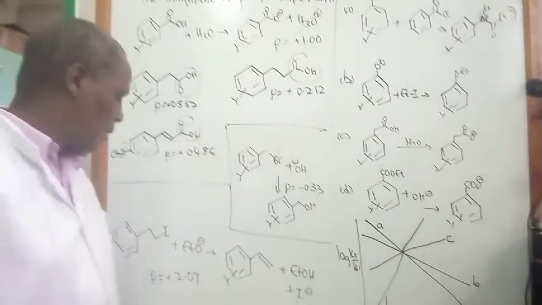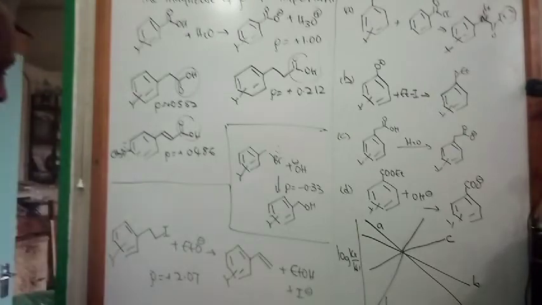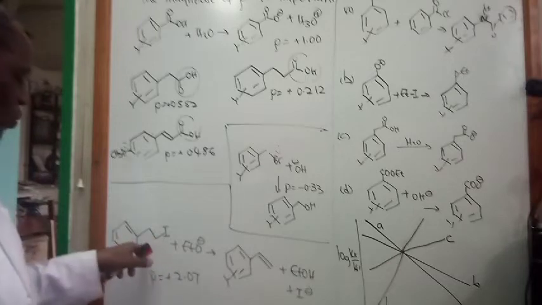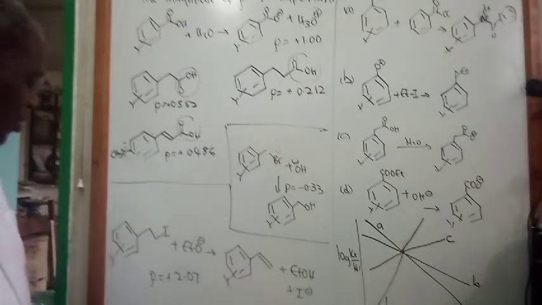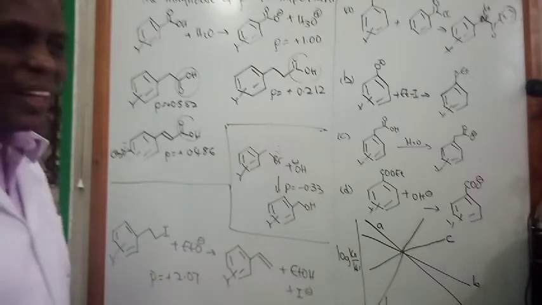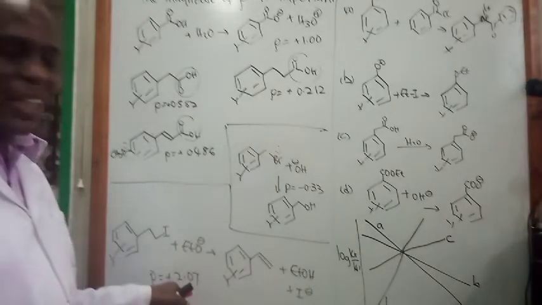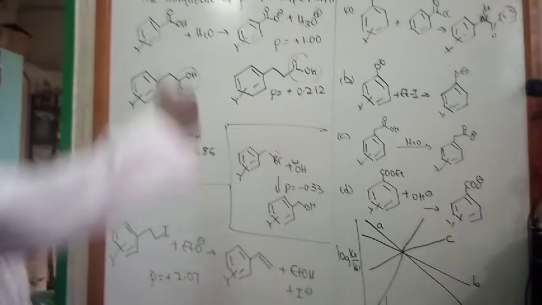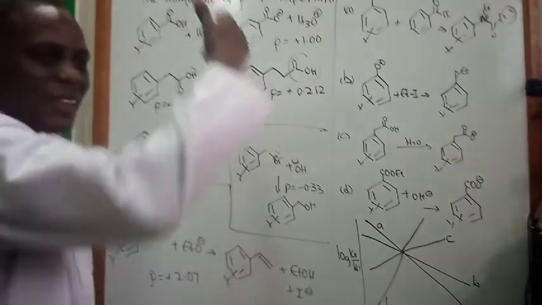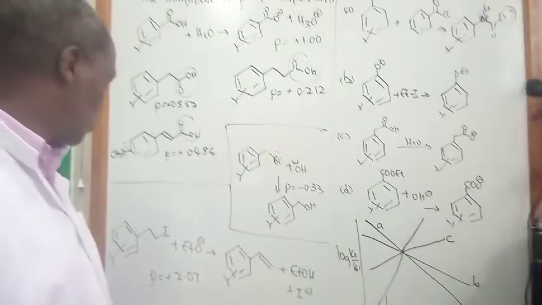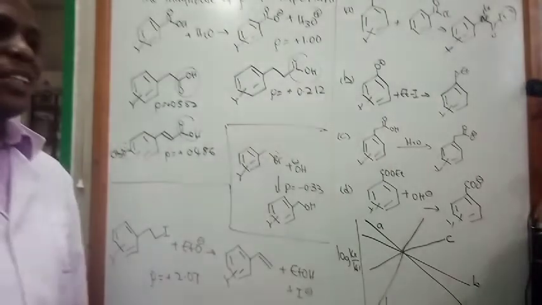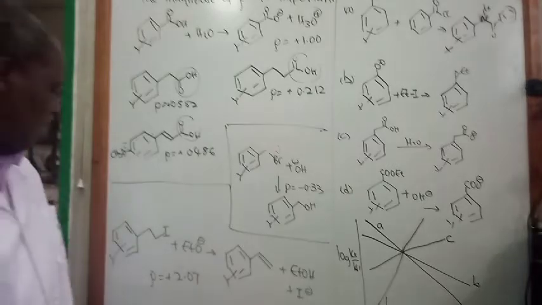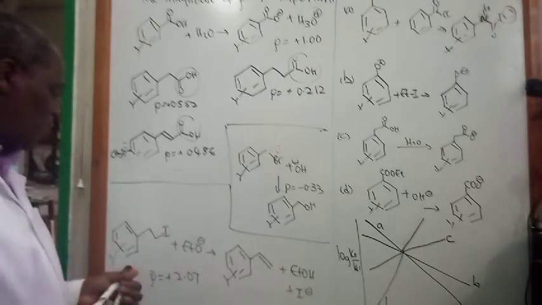Can you see that? Let's look at this other case here. You've got a positive rho value, and it's quite significant. Positive 2. That's a very large gradient of positive 2. So that is telling you that even if you assumed you had something like an SN2 on this one here, it means that